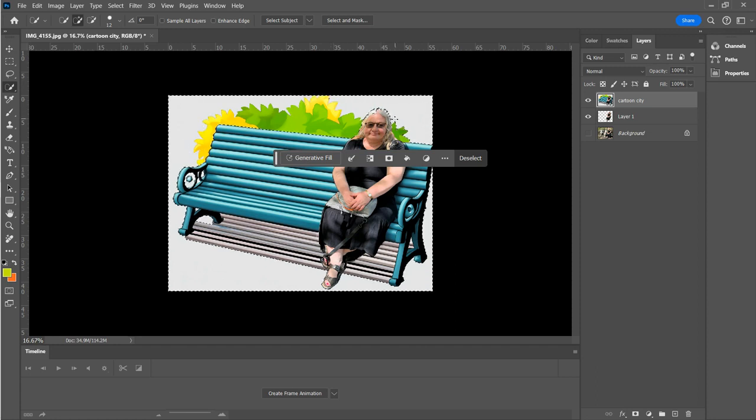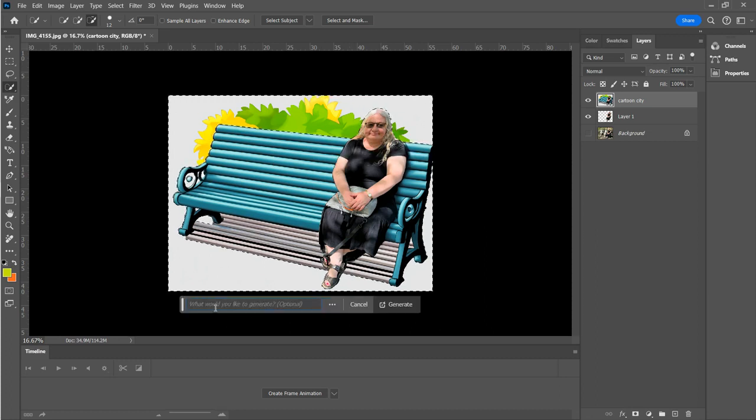Okay. Now I've got all this selected. This outer area is selected. I realized that part of my hair is accidentally selected, so I'll use the subtraction tool and get rid of that. And now let me try doing generative fill again, and I'm going to put